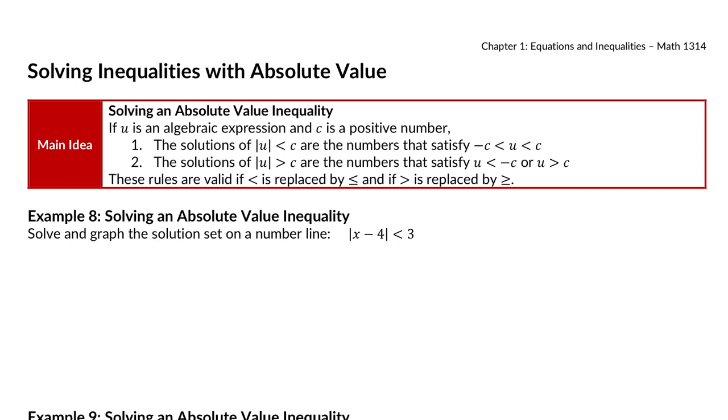Solving an absolute value inequality, you will still essentially solve it like it's an equation, except for a couple of things. Number one, if c, the number it's set equal to, is not a positive number, an absolute value cannot be. So if u is an algebraic expression and c is a positive number, these are the steps that you take. Number one, if you are working with a less than c,